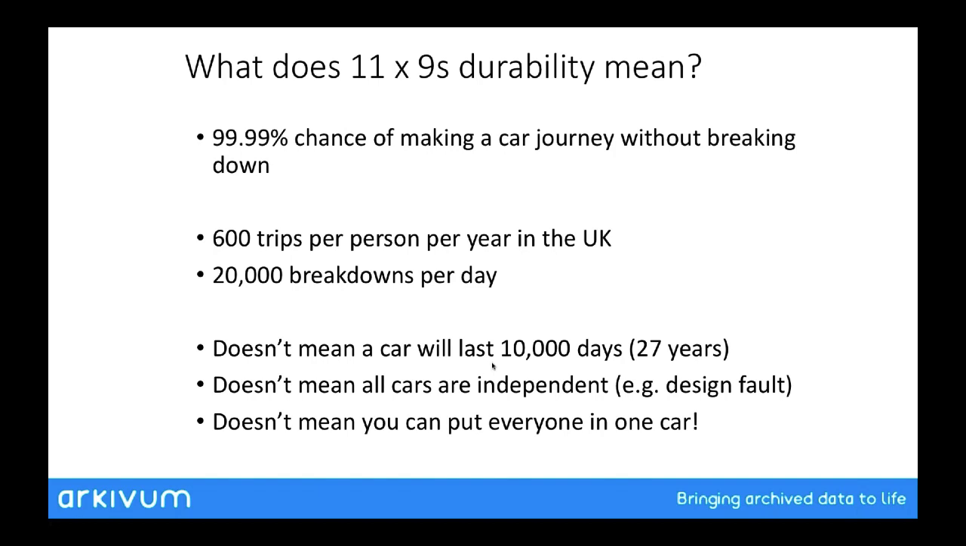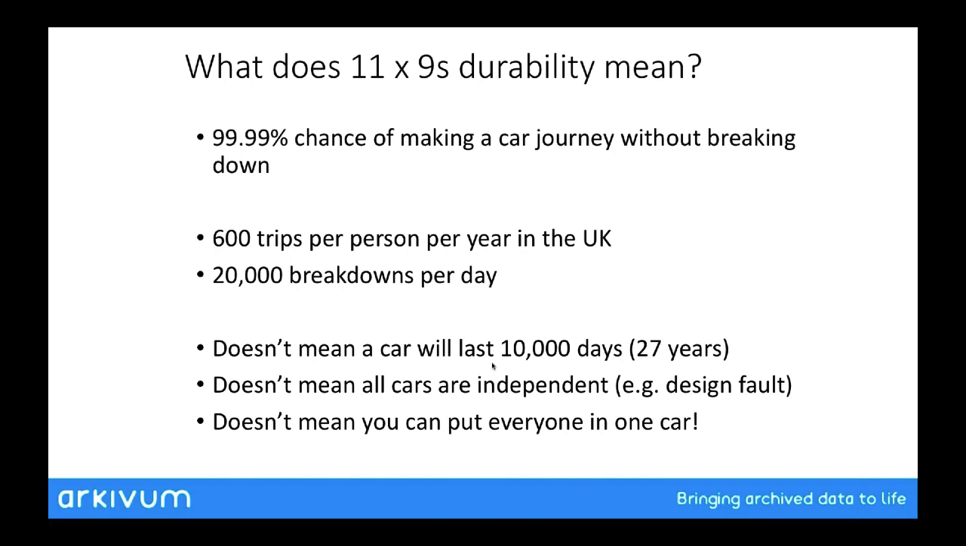So the example I've got here is, if you draw the analogy between data durability and driving a car, if I get in my car and drive in the UK, then I've got a 99.99% chance of making my journey successfully without breaking down. But people make 600 trips each in the UK, and there are actually 20,000 breakdowns on the roads each day. So whilst it's very rare for an individual person to experience a breakdown,